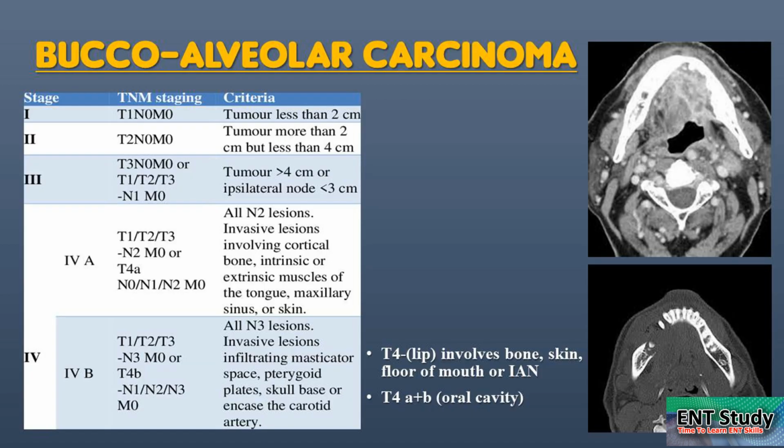Bucco-alveolar carcinoma is, oh my goodness, always coming up, one of the most common malignancies. What you have to do is diagnose it and give the extent, whether it has gone into the retromolar trigone or not, whether there is erosion or not. These are two different cases. This is a bone window. It's mandatory to look at the bone window,